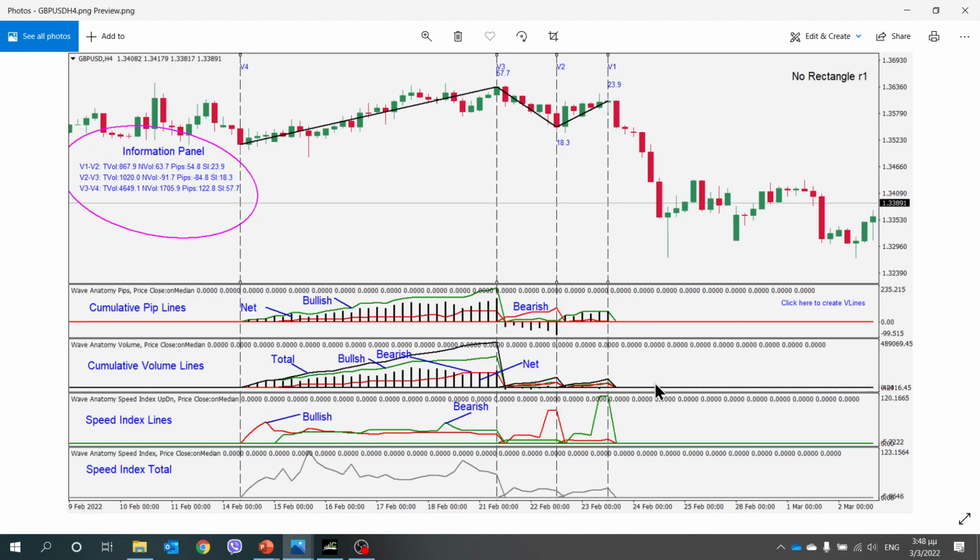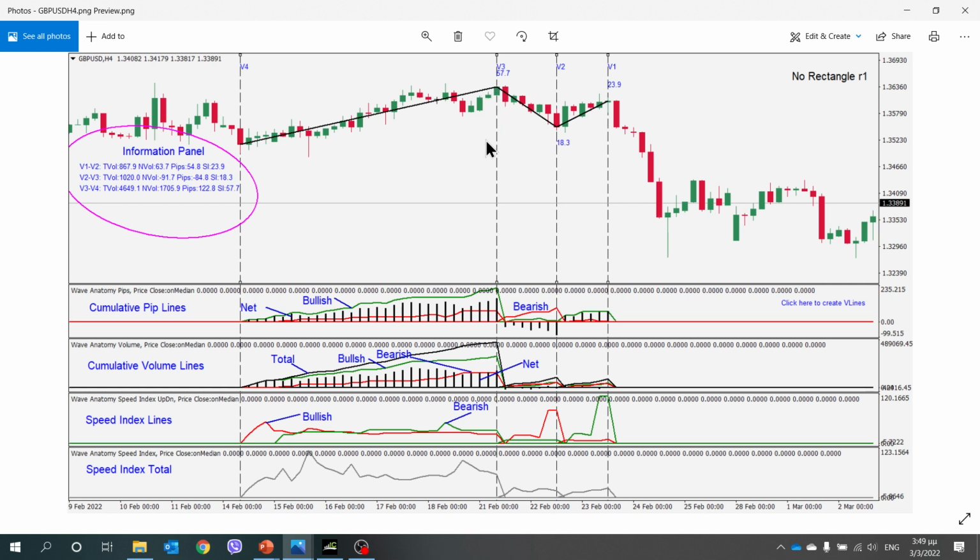All right. What you see on the screen is a bit busy, but it's busy because I have all these annotations. Otherwise, it's pretty straightforward. All we do is create 3 custom waves where we can analyze. We can create them by ourselves, just by clicking on the right where it says create vertical lines. The program will automatically create 4 vertical lines, and these lines will be connected with a wave line.